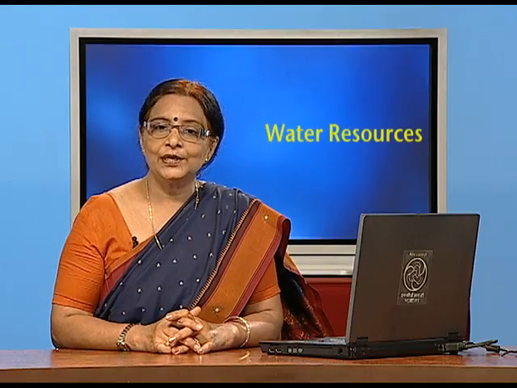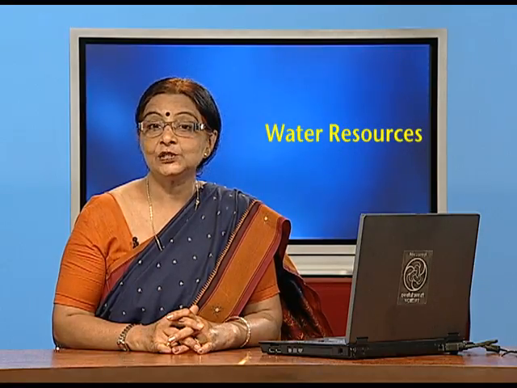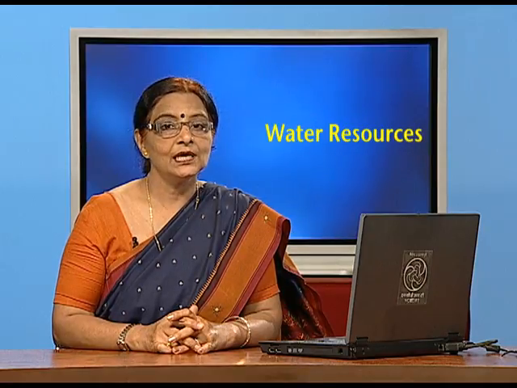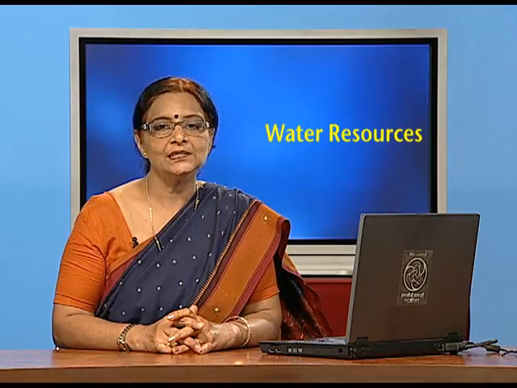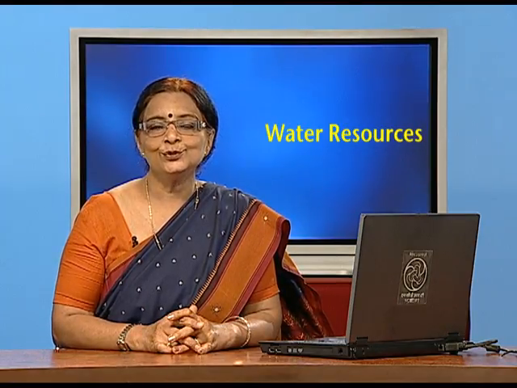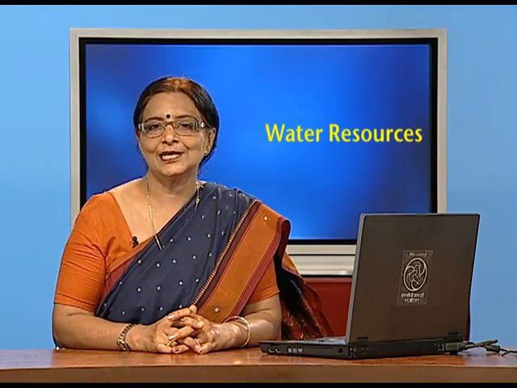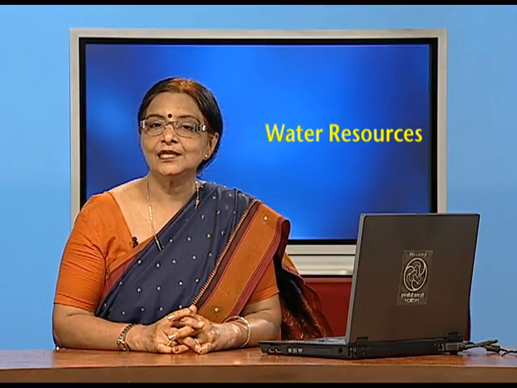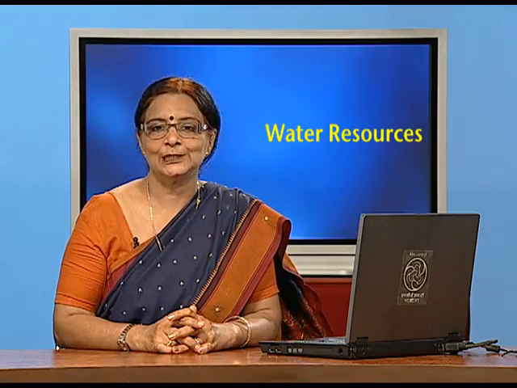There are seasonal variations in the availability of water. So, children, you must be knowing what a seasonal variation is, because India is a land of monsoons and the short rainy season is there, which starts from June and ends in September. So, this is the only time when India receives rainfall, and the rest of the year India goes dry. So, there is a shortage of fresh water in India.